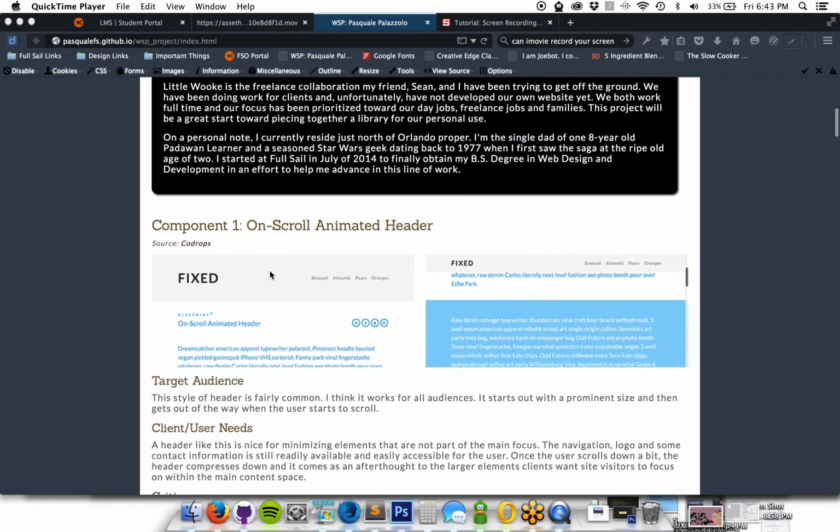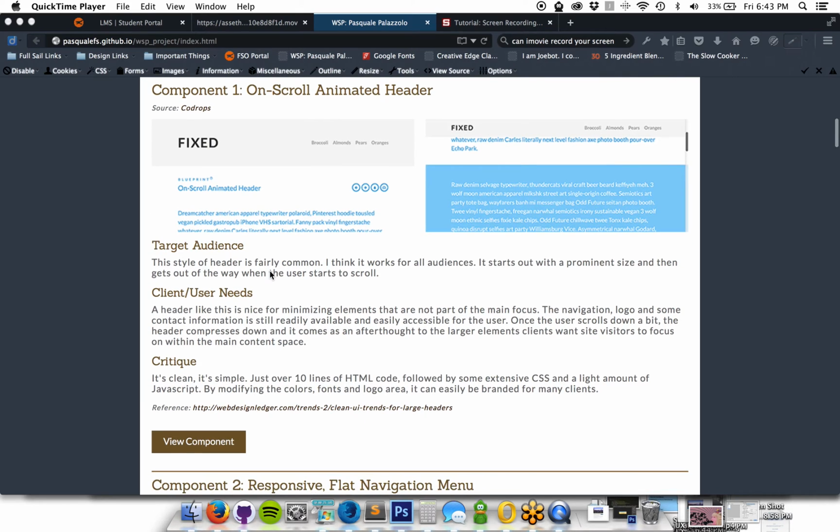I started out with this on-scroll animated header. It starts out fairly large like this, and then once you scroll down a little bit on the page, it condenses up to the top, and it makes the primary reading space the main feature. I think it's nice for getting secondary elements out of the way so that the main focus of the site can be